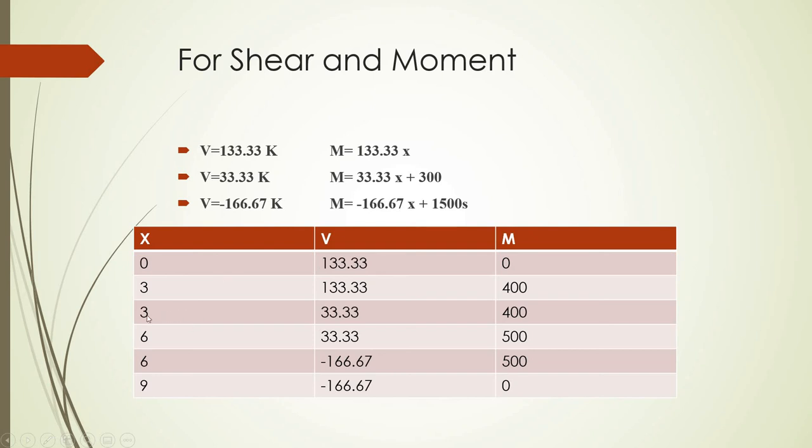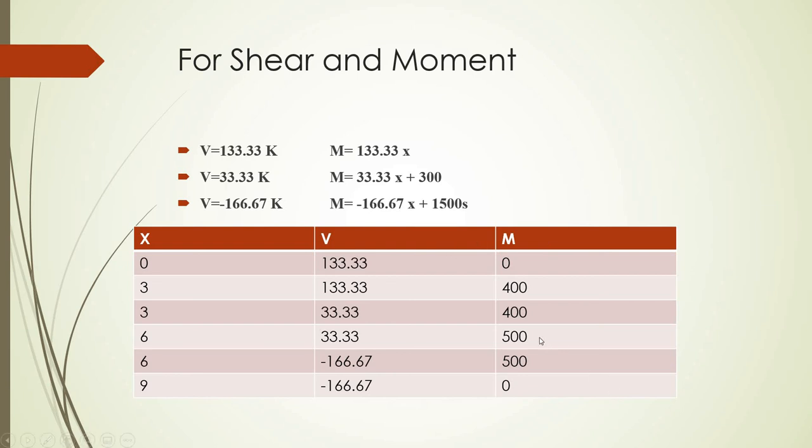In this line, we are going to talk about the second section. And again, we are going to put the lower and the upper limit in this. If you see the second section's shear equation, it's a constant, so whether you put the lower limit or the upper limit of the section, 3 or 6, you're going to get the same value. But for moment, if I plug in the lower limit, I'll get 400,